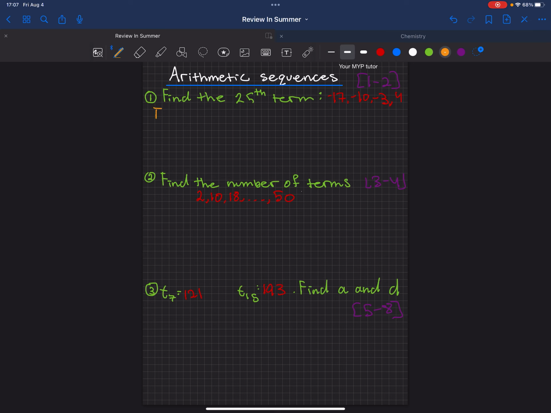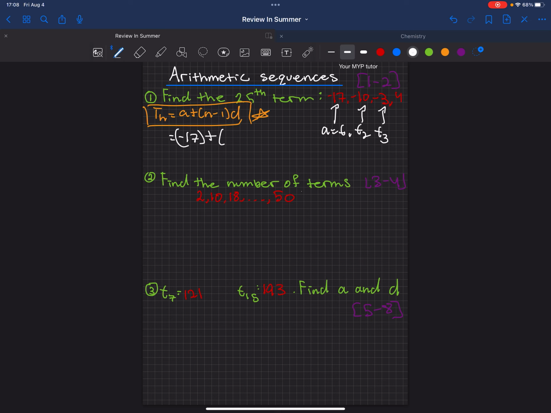We know that we're going to be using this equation, a plus n minus 1 times d. For arithmetic sequences, this is going to be the equation you use. So just memorize that. Now let's fill in the information that we know. We know that a is negative 17, or t1, this is t2, this is t3, etc. So if we know that a is negative 17,